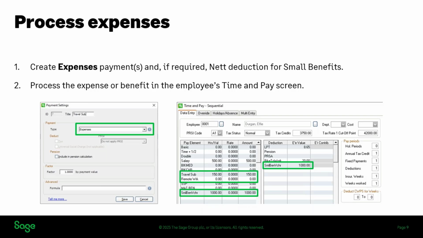Now, you could have just a single payment that covers all expenses that you're reporting, because you'll be doing your categorization when you do the submission. Or you might find it more convenient to have separate expenses payments to assist you with the categorization. And another pay element that you'll need if you're dealing with small benefits is a net deduction. Now, the reason for that is a small benefit is a non-cash payment. So typically it's a gift card, maybe a one-for-all card that you give to your employee, but you need to